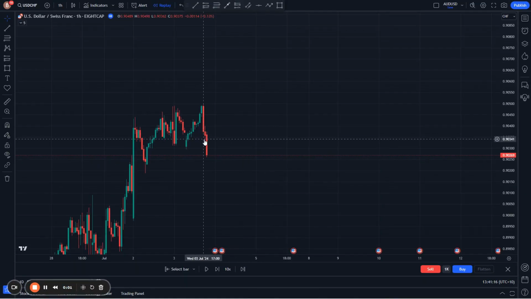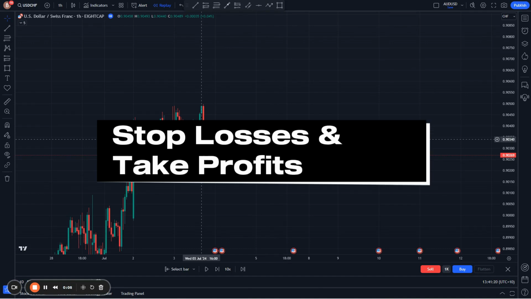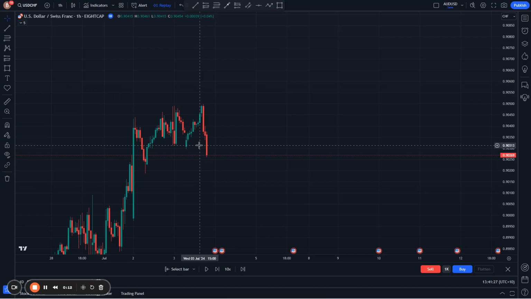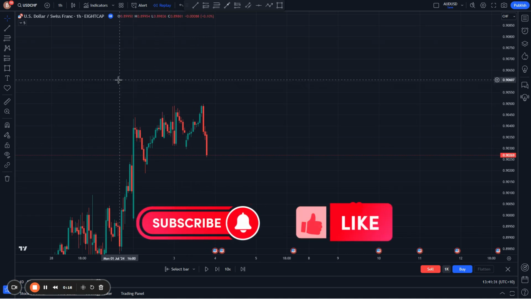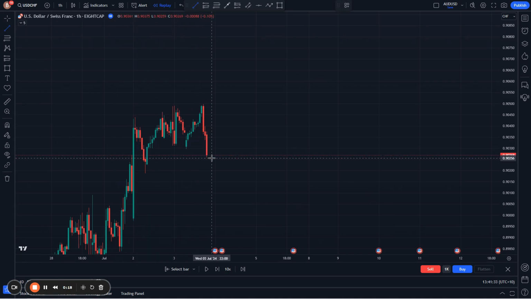Hey guys, so we are going to be going over stop losses and take profits. So I can see here that I've got consolidation. I can quite clearly see that I've got consolidation. How can I see that? Because I know I've got multiple lows in this area here, and I know I have some highs in this